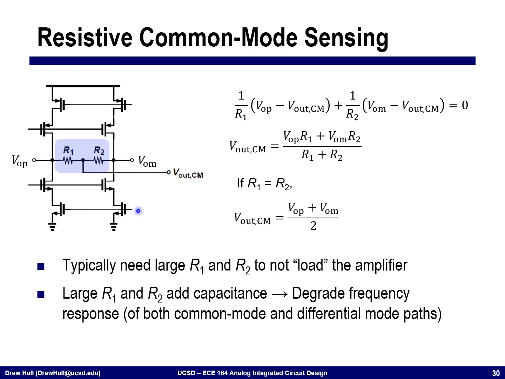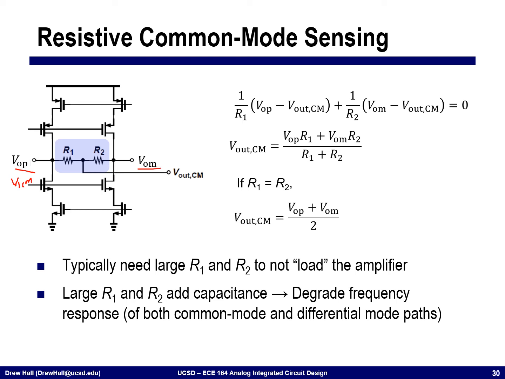All right, so there's a couple of ways of sensing the common mode voltage. I'll start with those, and then we'll move on to how we would actually use this to feed back and correct the output common mode. So let's take a differential amplifier. In this case, both of the inputs would be tied to a common mode voltage VICM. Okay? And what we're doing here is we're taking the output from VOM and VOP, and I've added two resistors,